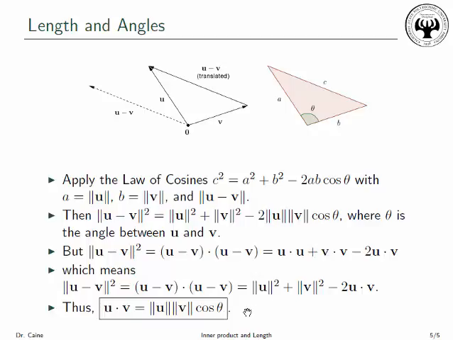So this is something really interesting. It says that this simple algebraic formula, which is just u dot v, remember, the sum of the products of the numbers of the corresponding components added up together, that simple product has a geometric interpretation. It contains information about both the length of the vectors, and it also contains information about the angle between those vectors. So the next topic we'll be discussing in class is orthogonality,